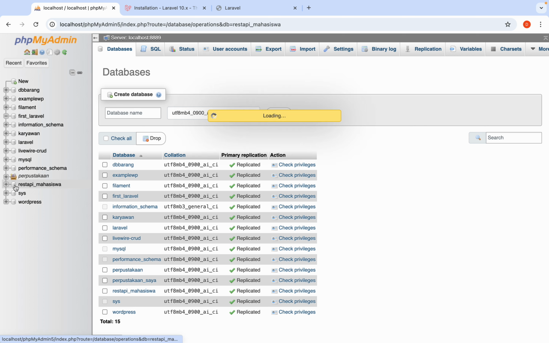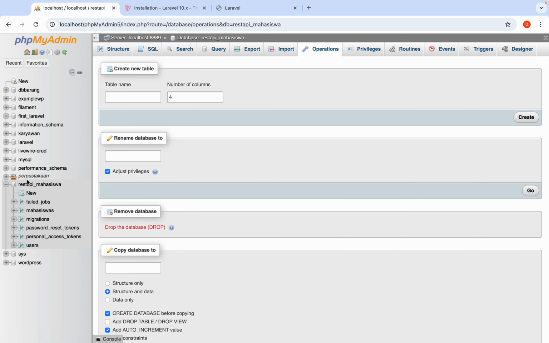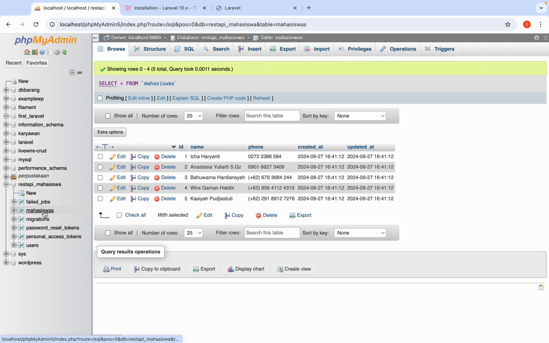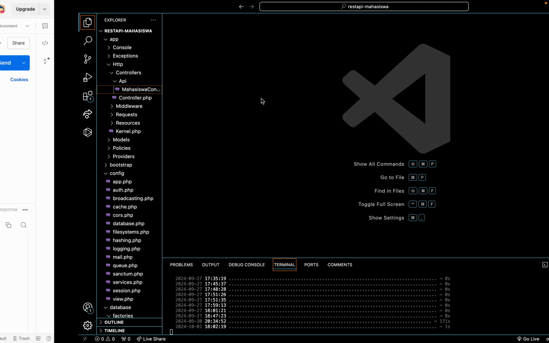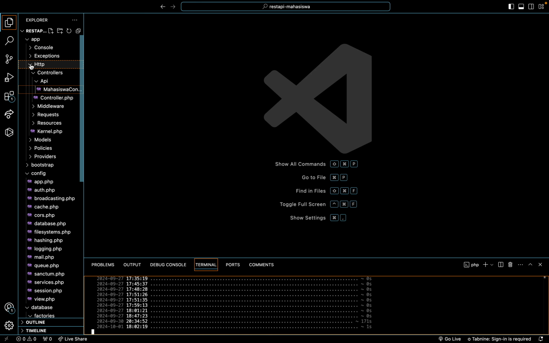REST API mahasiswa, mahasiswas, and it will make this DB automatically, and then we will focus on app.